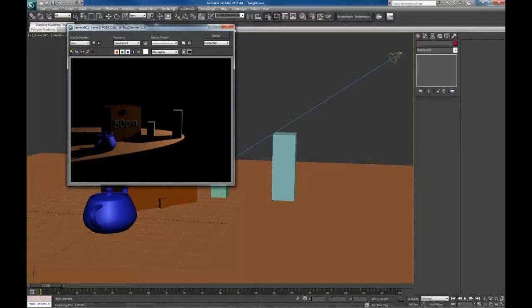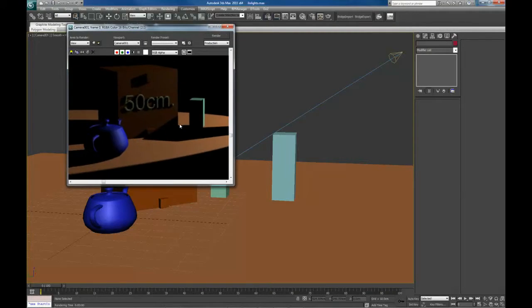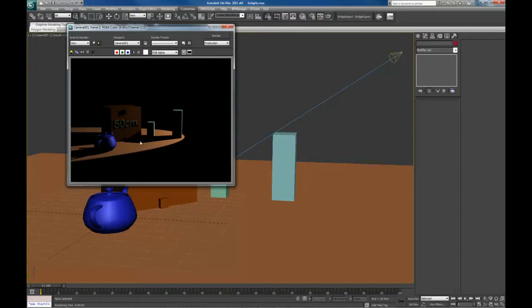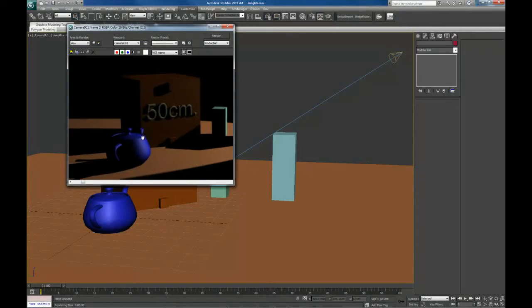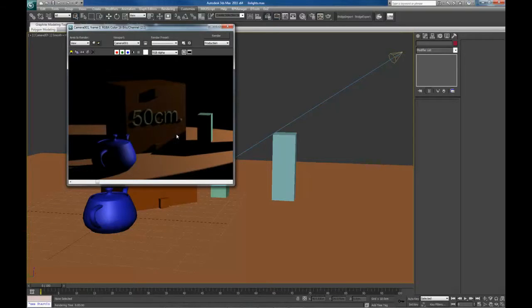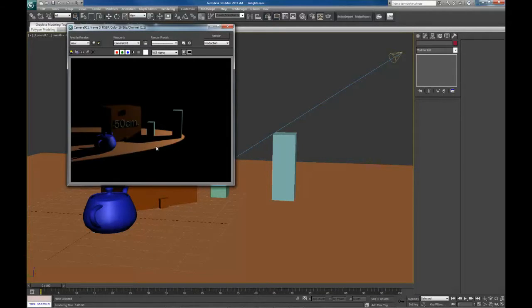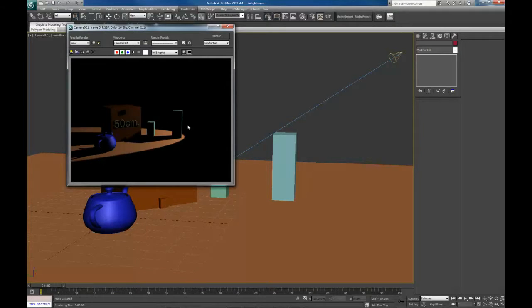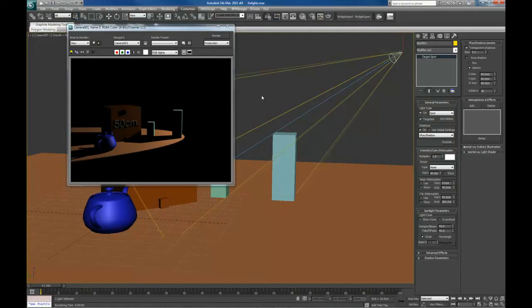There are some drawbacks in this light also. For example, the attenuation here: you don't have a lot of attenuation depending on whether the object is close to or far from the light. The other one is that I don't have much control over the shadows. But it's a really good light and a very good tool for focusing light on a specific part of your scene. The second light I would like to show you